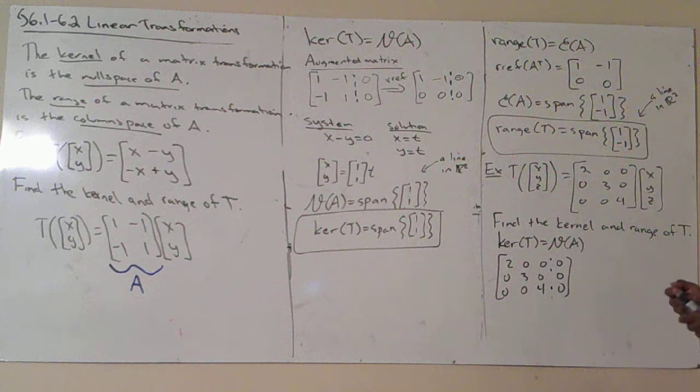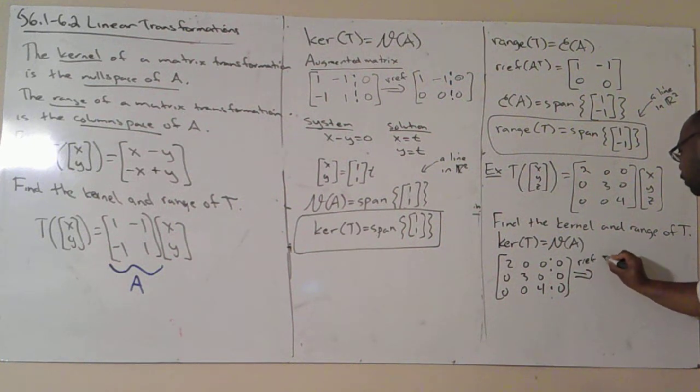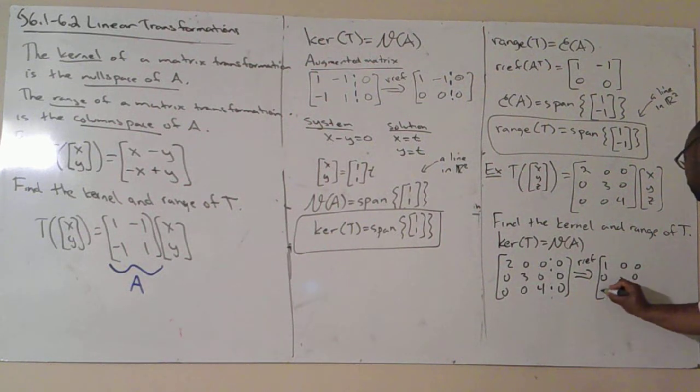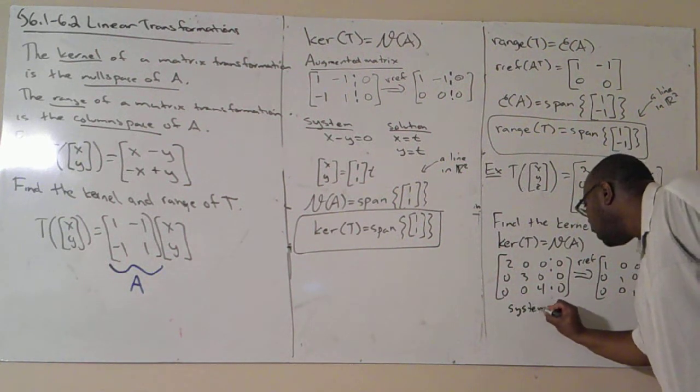Reduced row echelon form in this one, you guys can probably see it. Just divide the first row by 2, the second row by 3, the third row by 4. Reduced row echelon form is 1, 0, 0, 0, 1, 0, 0, 0, 1, 0, 0, 0. My system is